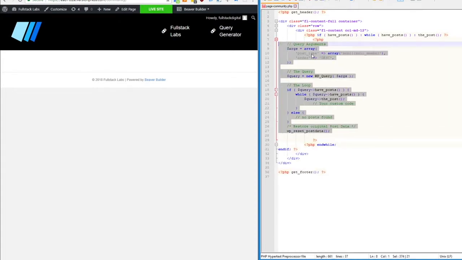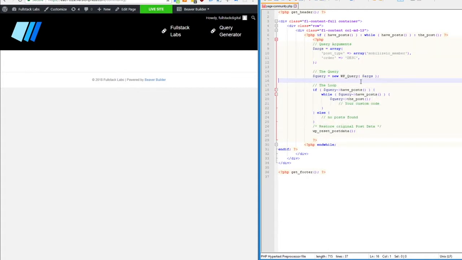We're going to go ahead and paste it. And we can see here that our arguments are pretty simple. We're literally just returning any post with the mobilize IO post type, and the order is descending. We could add a few other things here. We could potentially query by the custom fields or other options as well, but I'm going to keep this pretty